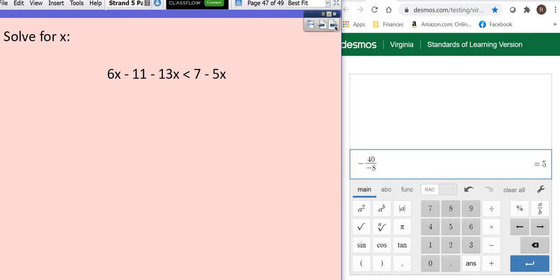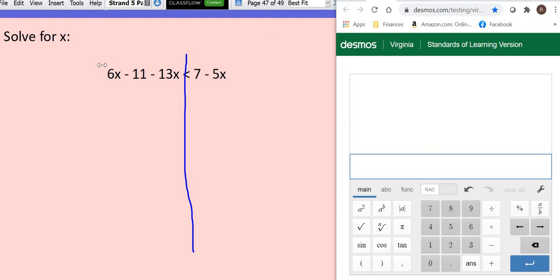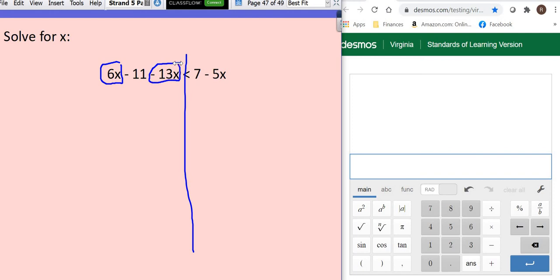Okay, let's see if we have another one. We do. Alrighty, this one gets a little crazy because we've got an x, or a variable, on both sides, and we have two variables over here, so we're going to have to put some things together before we even start solving. Alright, so the first thing I'm going to do is say, I've got a positive 6x here and a negative 13x. So in my calculator, I'm going to take 6 minus 13,